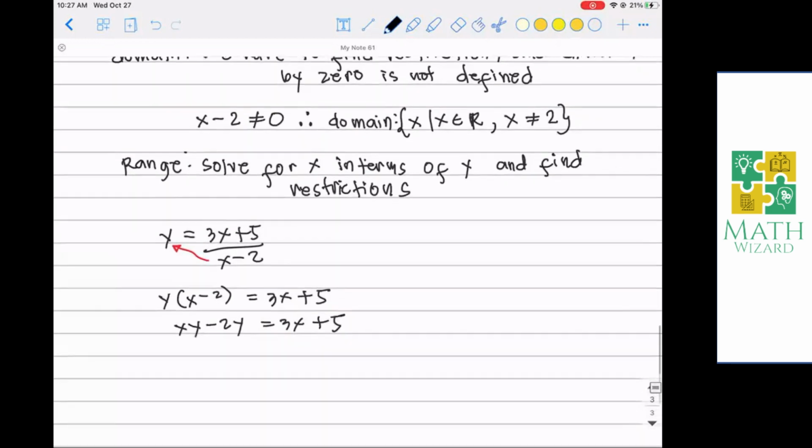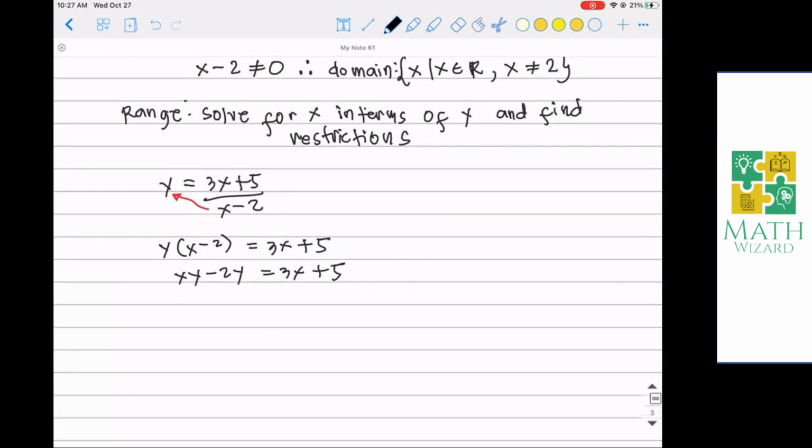Combine natin si x, so this becomes negative 2y minus 5 is equal to 3x minus xy. So, negative 2y minus 5, factor out x, 3 minus y,